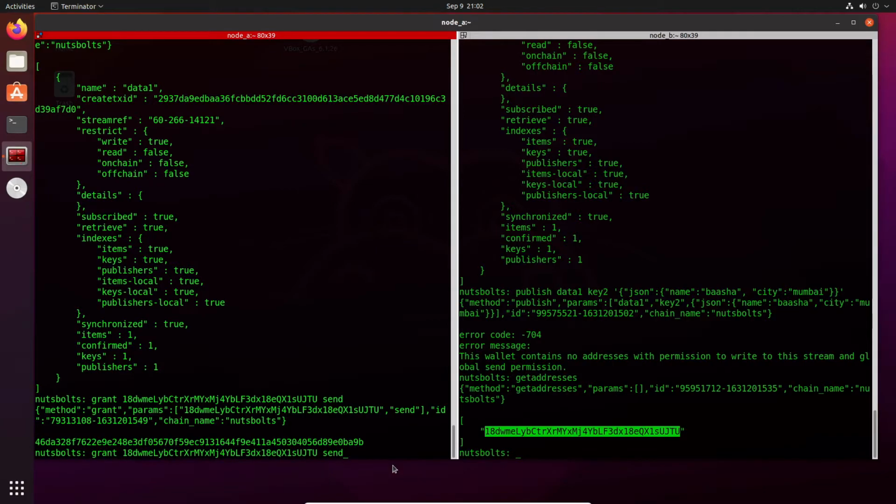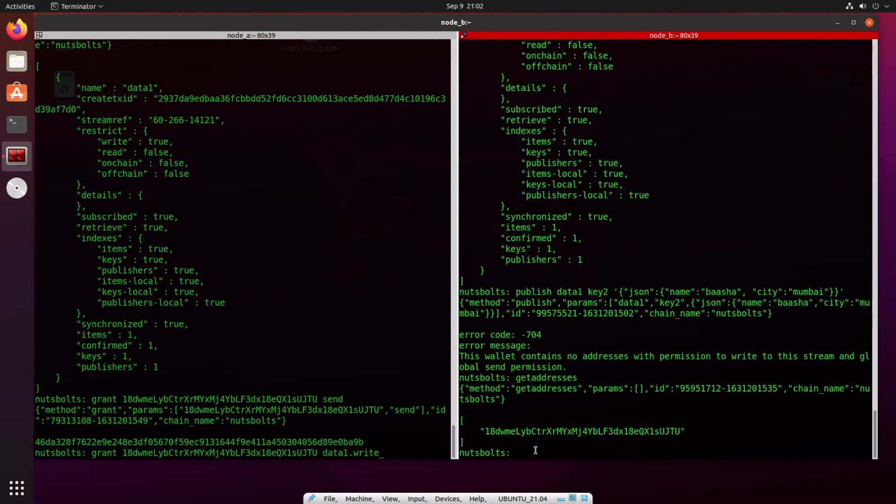One is this send, and then the other one is data1.write. So data1.write, data1 is the stream, and then we are granting it the permission to write. So the thing is, streams are very flexible. Say both these addresses need general permissions for the blockchain as well as permissions to write to a specific stream. So now we go back to the second server, node B, and now we try publishing it here,